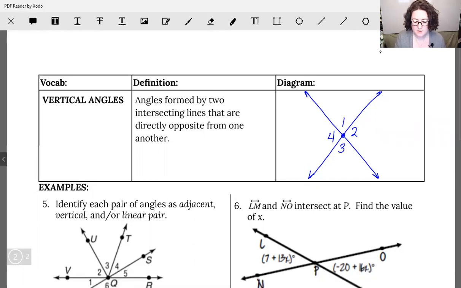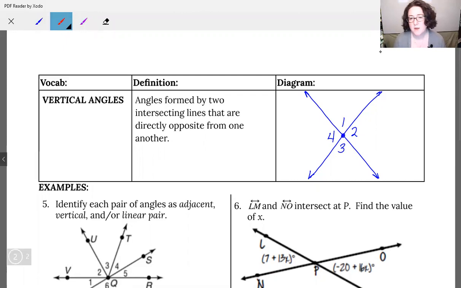So our congruent angles, we would use an arc on the matching ones. Vertical angles are directly opposite from each other. So these are angle 1 and angle 3. Wait a second. Does it look like I could fold that diagram over and match up those angles? Huh. So we actually have to add something to our definition, which is